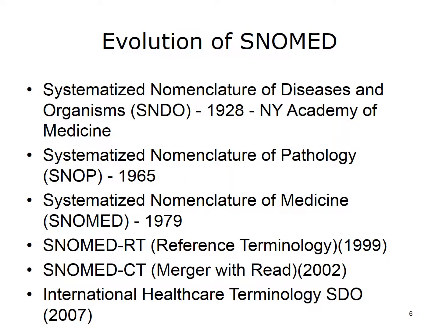Slide 6. The roots of SNOMED go back to 1928. It was started by the New York Academy of Medicine and called the Systematized Nomenclature of Diseases and Organisms, SNDO. It evolved into SNOP in 1965 under the efforts of the College of American Pathologists, CAP. In 1979, the name was changed to the Systematized Nomenclature of Medicine, SNOMED. In 1999, with a new release of the terminology set, the words reference terminology were added to SNOMED, and it